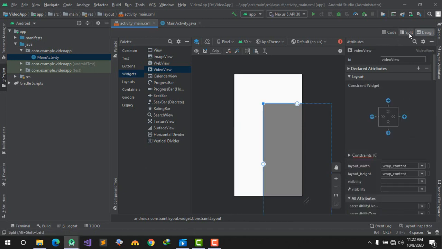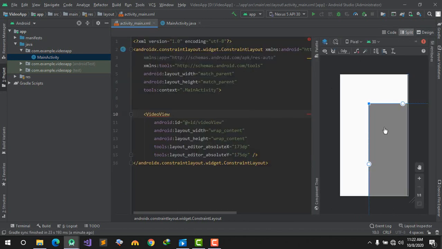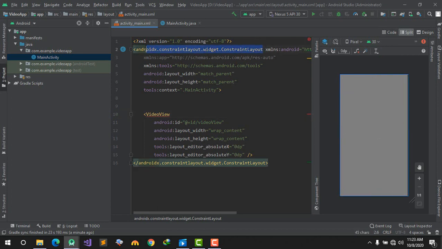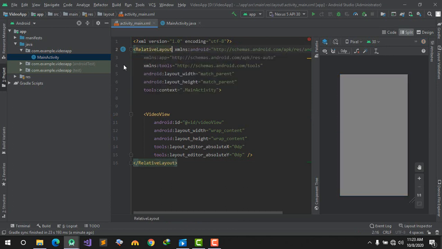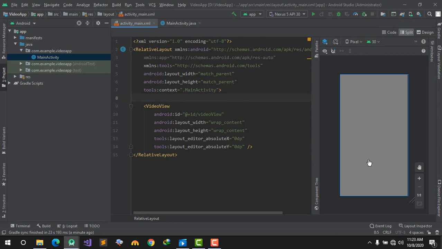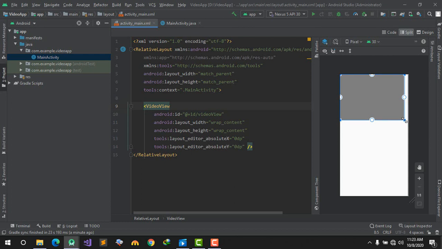and after that, show both code and design on the same screen, and set it according to your need. If you want, change the layout to a relative layout, and after that we set the VideoView according to our need. Click on it and drag it to the upper part. As you drag it, it will automatically change the layout width, and after that drag it to both ends,